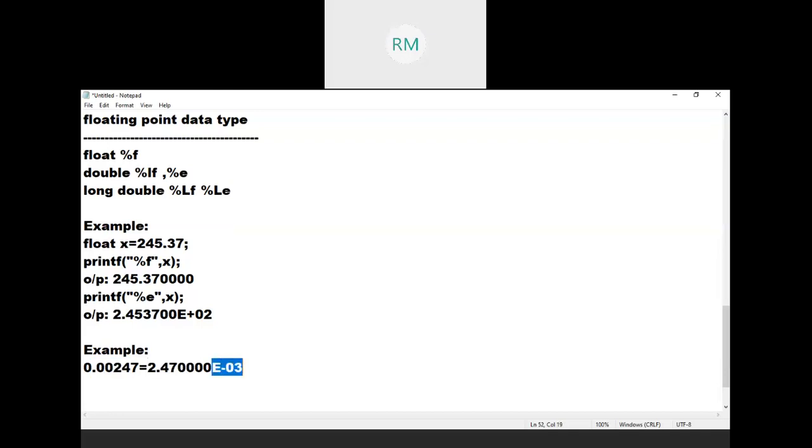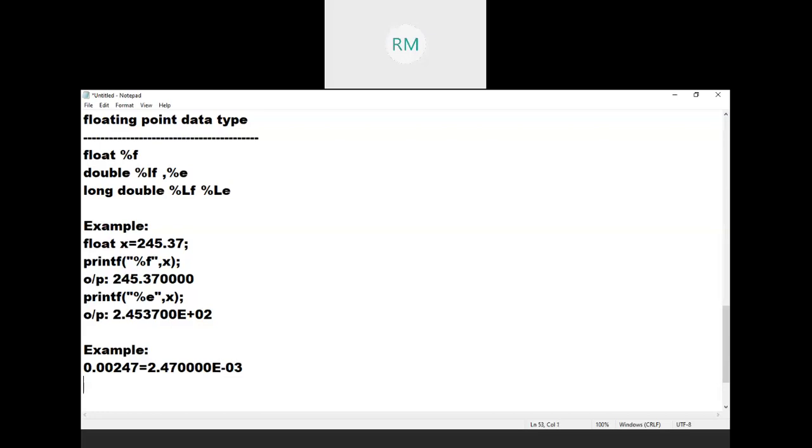Okay. So e power minus 3 means dividing by 1000, then the point moves to the left, then you will get 0.00247. So if I use the format specifier %e, then this will be the output.